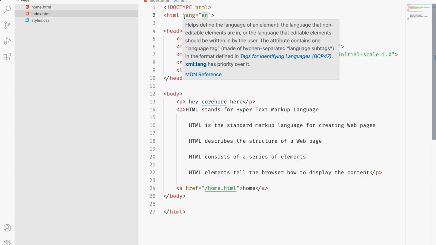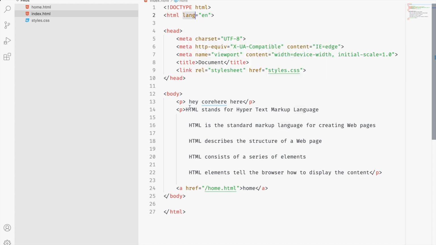So some kind of software reads the entire website from top to bottom. So for the screen reader software, we need to mention which language our website is in. That's why we have mentioned the language. You can mention the language separately, so this p tag is only for English, like this. This is why we need the language.